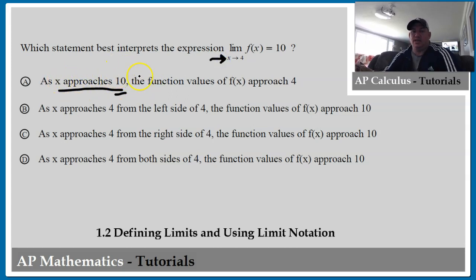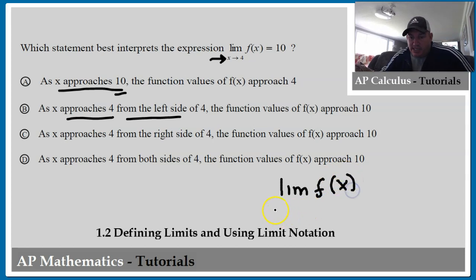Okay, the second one it says, as x approaches 4, so at least that's a little better. We are approaching the right value of x. But notice here it says from the left-hand side. So the notation you'd see if it was wanting you to go from the left-hand side, it would say something like this. It would say the limit of f of x as x approaches 4, and then from the left-hand side you would see a little minus sign up here. So since we're not seeing the little minus sign in my problem, then the left-hand side statement is misinterpreting